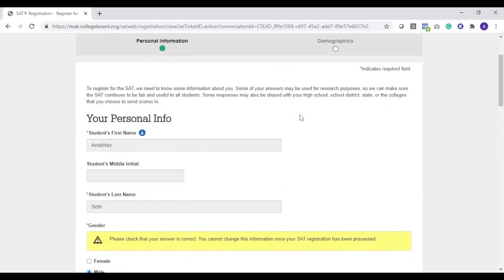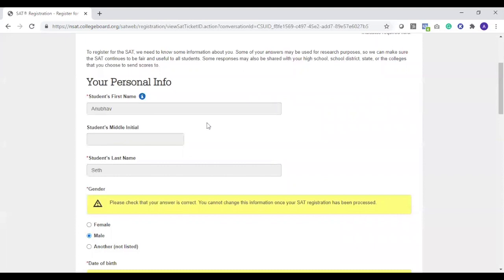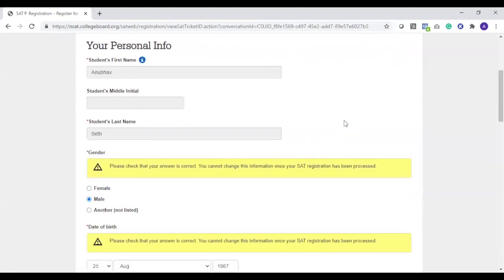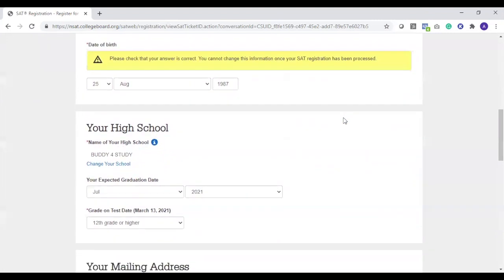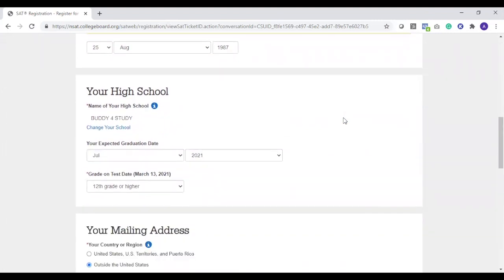One important thing about the SAT form, or in fact the College Board application portal, is that there are a lot of things in the form that are not mandatory. So the student name is mandatory, middle name is not mandatory. What I have done, I'll be just focusing on the mandatory fields, because all those fields that are not mandatory, you can skip and quickly get done with the overall application process. So as you can see, I have filled up my name, the gender, date of birth,